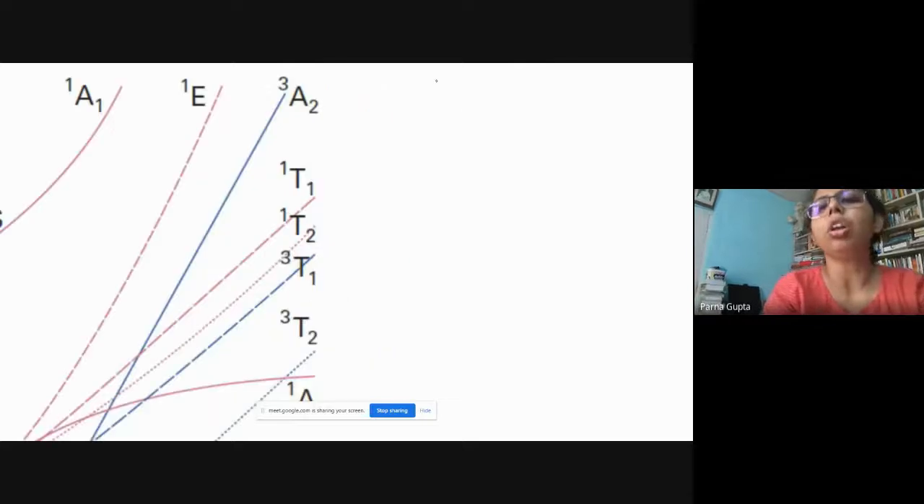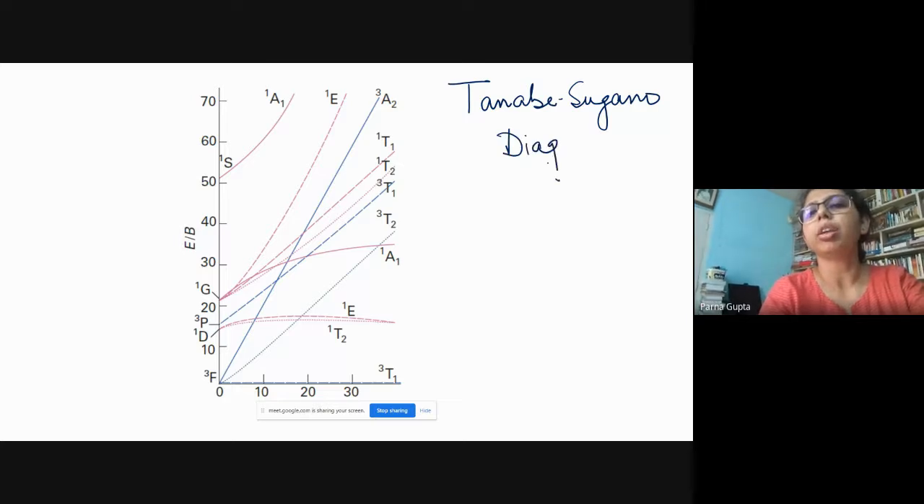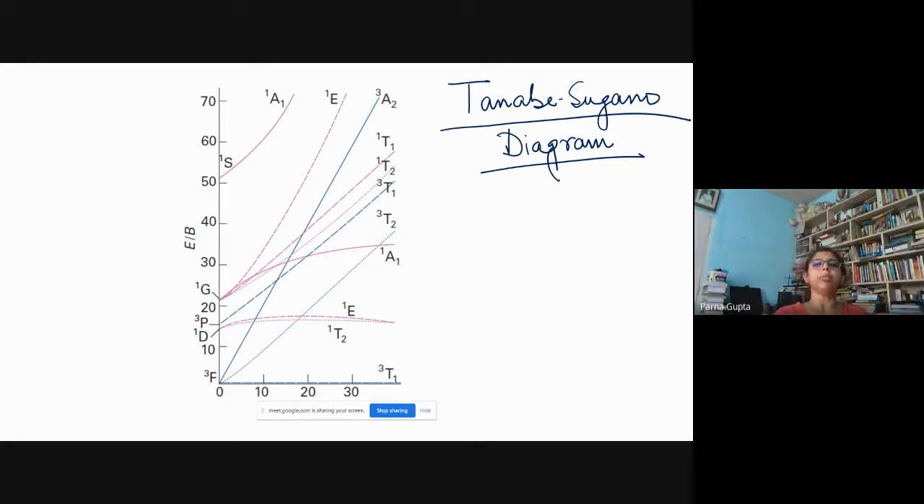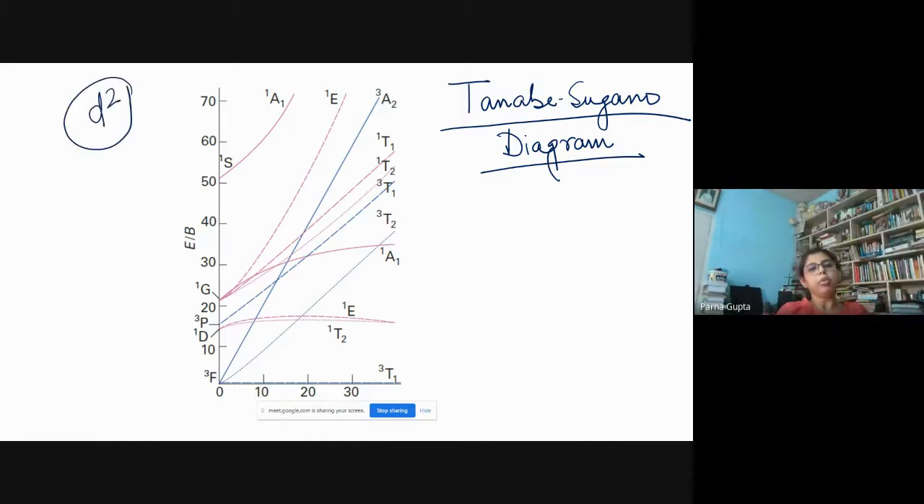So this is called the Tanabe-Sugano diagram. And don't expect that someone will tell you to draw a Tanabe-Sugano diagram. No, nobody will tell you to draw a Tanabe-Sugano diagram, or to say what is the energy order of a Tanabe-Sugano. So what could be the question? It will be given that this is the Tanabe-Sugano diagram